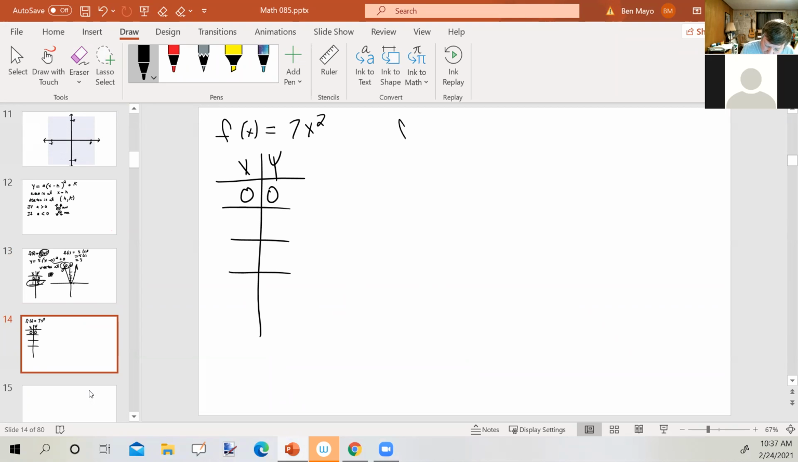And then if I find, let's say, f of 1, that would be 7 times 1 squared, which is 7 times 1, which is 7. So I've got a vertex at the origin and then the point 1, 7. Any questions about where I got those 2 points? Okay, now,